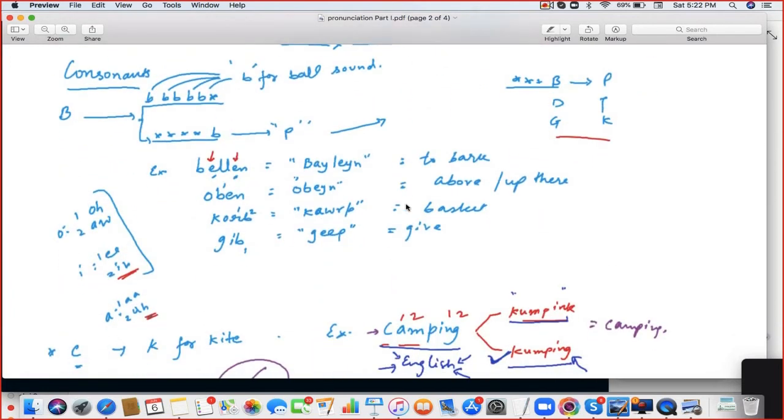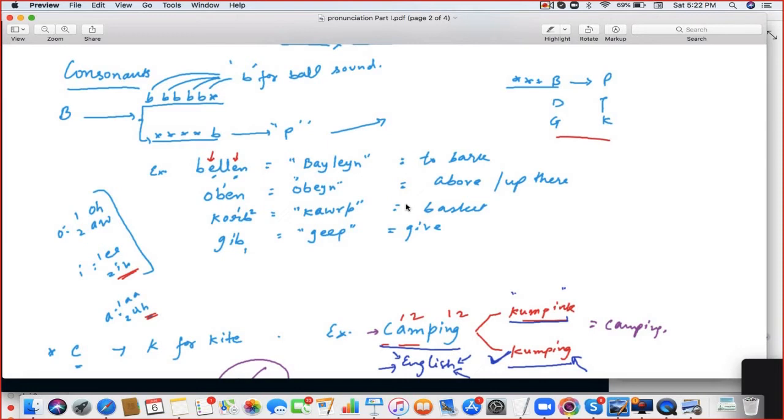First of all, we'll take the first consonant, that is B. If you remember, I gave you one table, BDG PTK. So whenever B comes in the end, the sound will be per. Otherwise, it's B for Bombay. So speak the example.